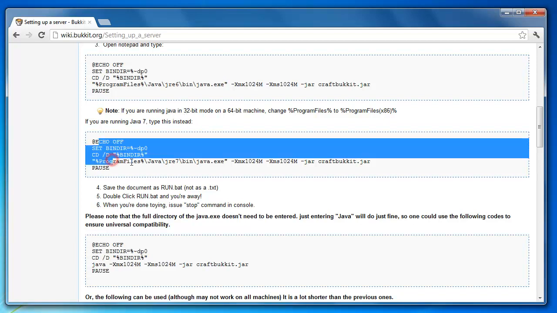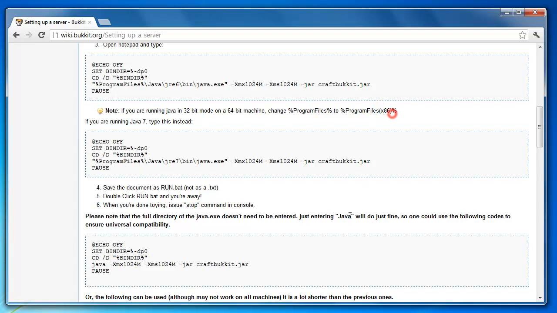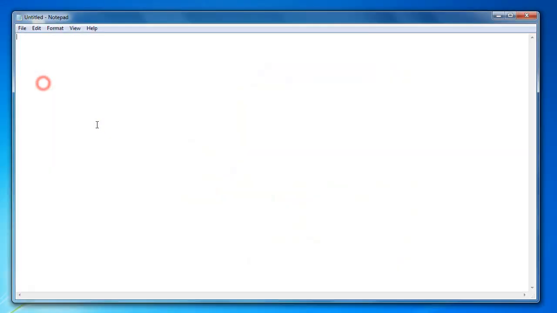So I'll be needing this code with this add-on to it, and you can simply find that out by going into your program files within your local drive and finding the Java folder and making sure it says JRE7 or JRE6. And if you're on 64-bit, make sure to check if it's in x86 or not. So I will be needing this code. Just copy and paste that into our notepad like that. And because I said I'm on 64-bit with 32-bit Java, I will be needing to add x86 here